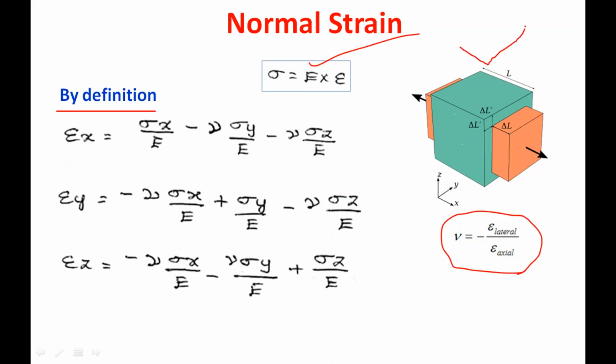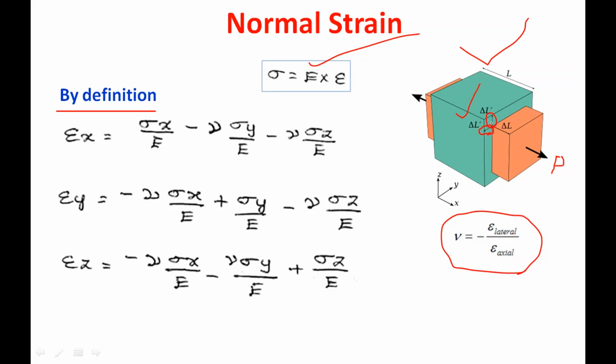Suppose you see in this diagram, when you apply a load along this x direction, the component will tend to elongate because it is a tensile load. The component will tend to elongate along this load application direction. This is the original size of the component. So when it gets elongated in one direction, simultaneously it is contracting in the other two directions. There is a contraction here in the y direction, and here in the z direction.